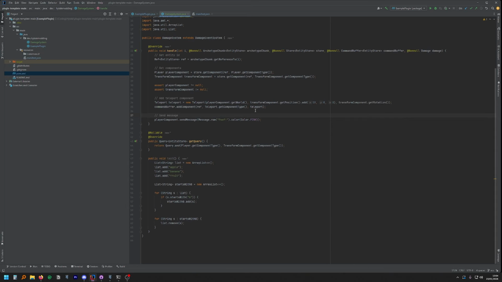The last thing to be aware of is that each world has its own ECS, and when you're teleporting entities between worlds, they'll get removed from the first ECS and added to the second ECS. But that also means that the ECS can only be accessed on the specific world thread. So you just need to be sure you're on the correct world before you try to access